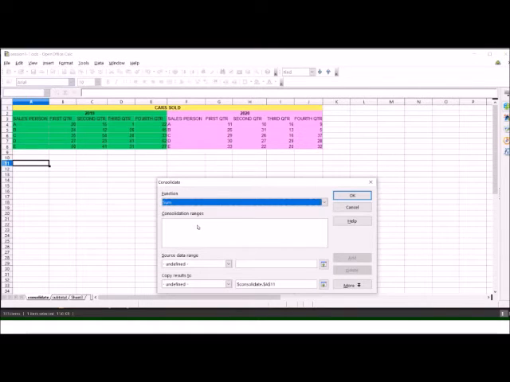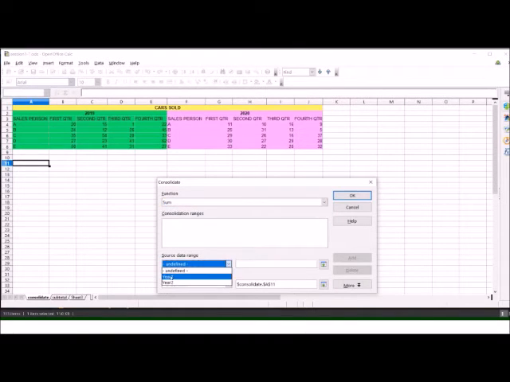Here the consolidation ranges will be displayed once we select them. So now we will come to source data range and we will select the first range which we had given the name year 1 and we will add it. Now it will appear here in consolidation ranges, and then we will select the second range which we had given the name year 2 and we will add this range also.